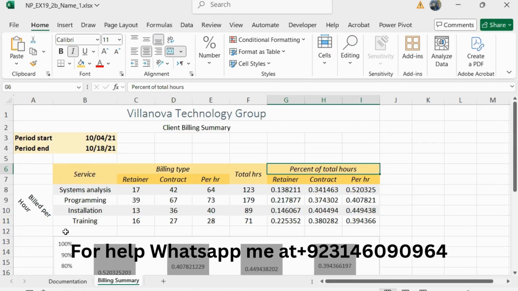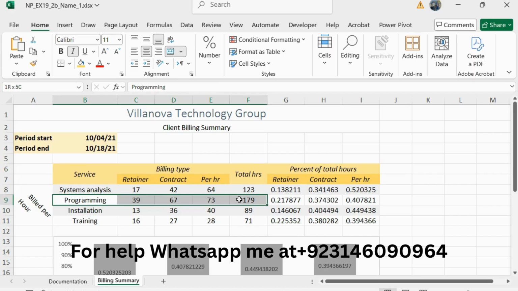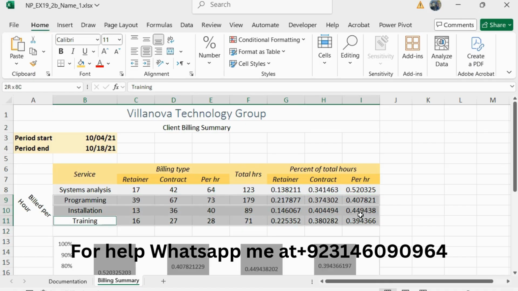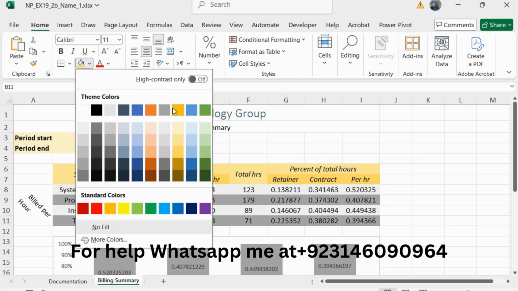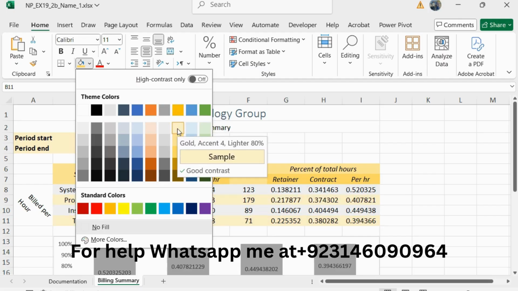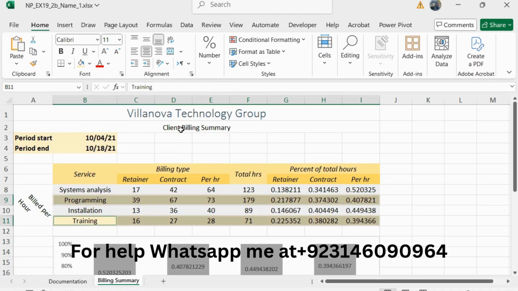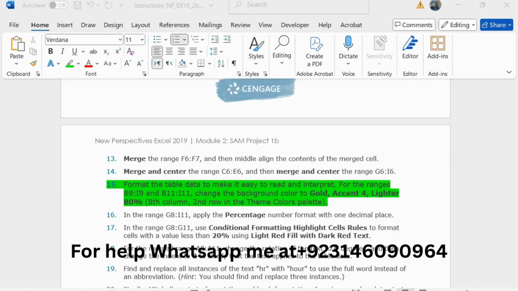Now select the range B9 to I9 and press Ctrl to select a second range B11 to I11. Now go to fill color and choose Gold Accent 4, Lighter 80%, this one. And so our step number 15 is completed.